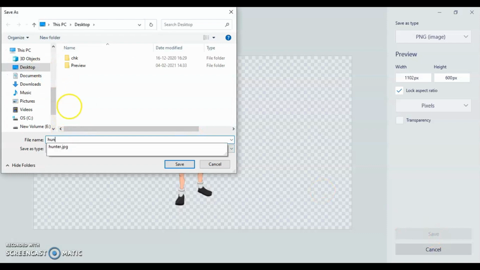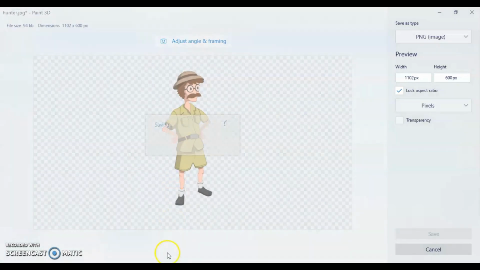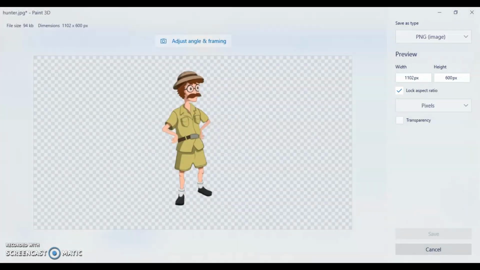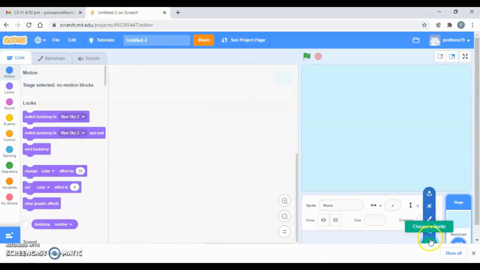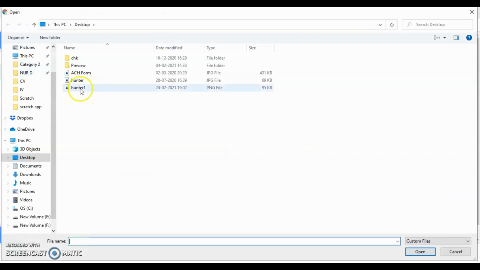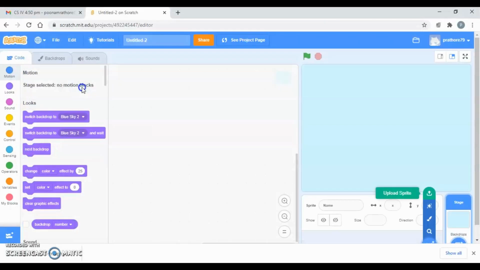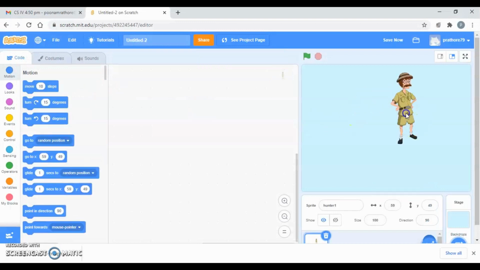Give it a name and just click save. Now let's use it over there in Scratch. So if I upload it, you can see it's a PNG image now, right? So these are the two ways you can do it.